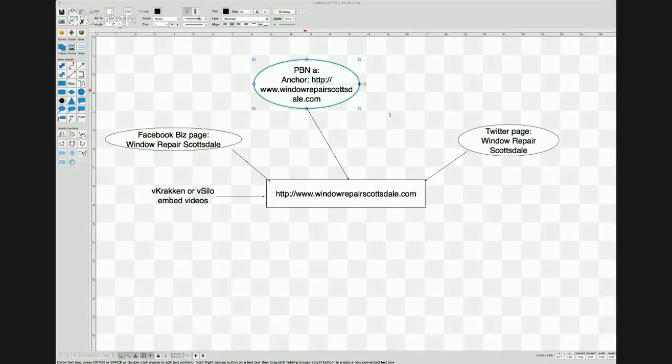It's got window repair Scottsdale right there. But because it's a naked URL, it doesn't have any technical anchor text in there, but it's got all my keywords.